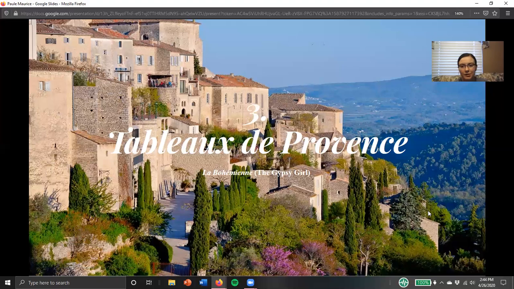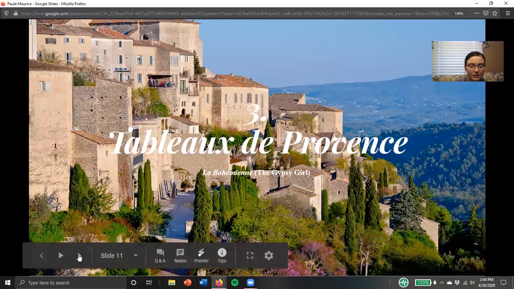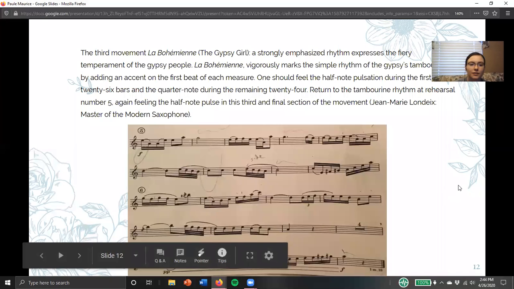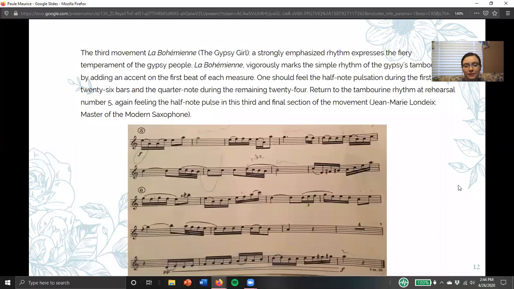Okay, so the third movement, the Gypsy Girl. The third movement is called the Gypsy Girl. It strongly emphasizes rhythm. A strongly emphasized rhythm expresses the fiery temperament of the Gypsy people. It vigorously marks the simple rhythm of the Gypsy's tambourine by adding an accent on the first beat of each